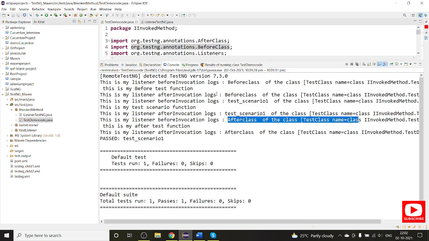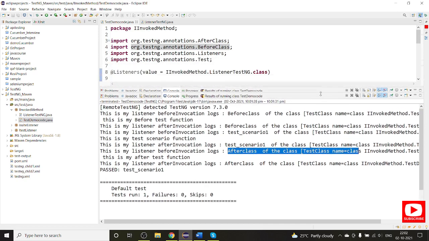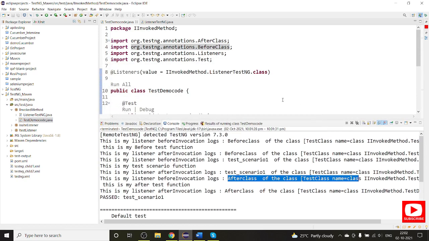So this is how the invoked method listener works in TestNG, and I recommend you do proper test case creation using a browser launch and a browser teardown, and in between you do something like login or perform some specific actions, and share your feedback in my comment section. If you get stuck anywhere, do comment those errors in the comment section.